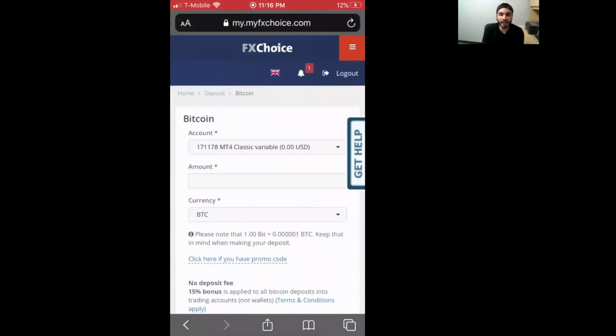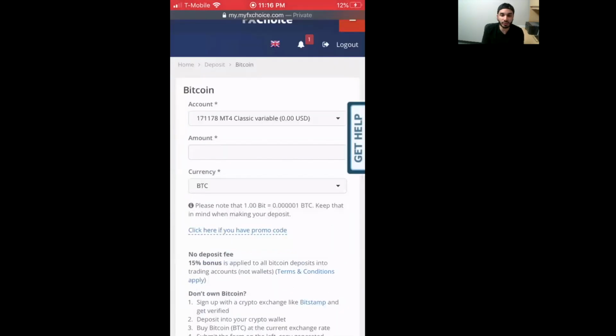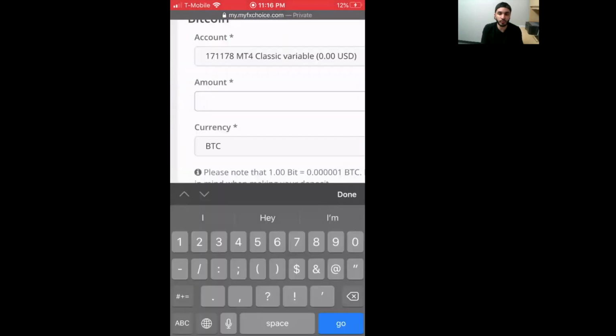Then you're going to select the actual account that you want that money to go to. In this case, it's going to be our classic variable account through FX Choice. And then you're going to type the amount in Bitcoin. So I have around 60 bucks in this account, which is going to be in Bitcoin. And I'm going to tell you exactly what that is right now. So $60